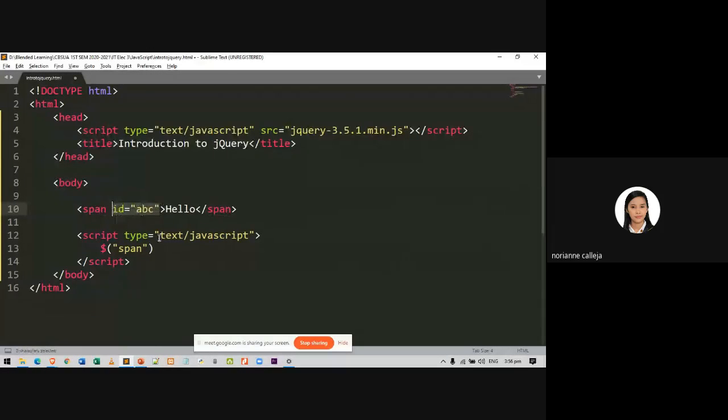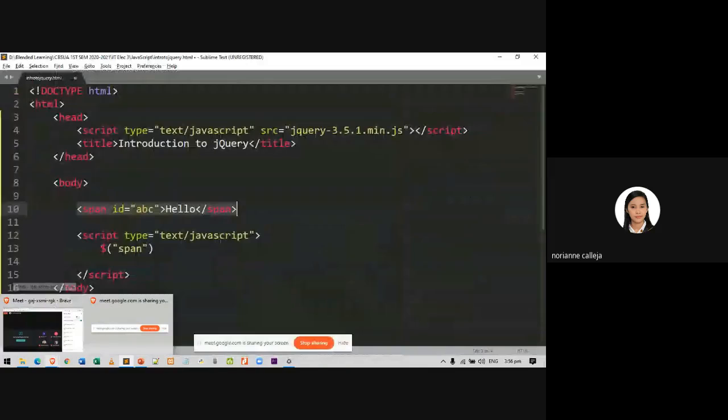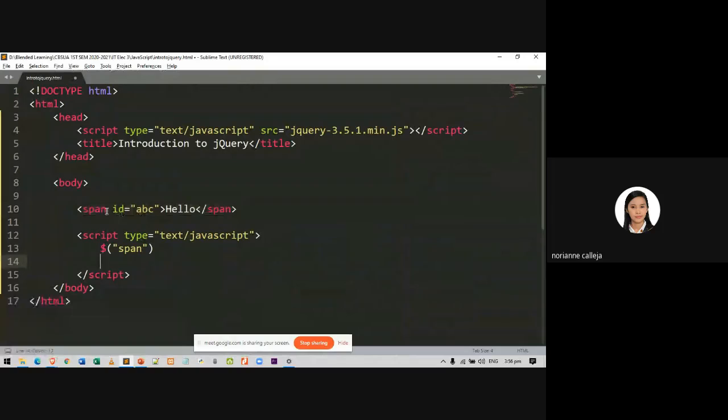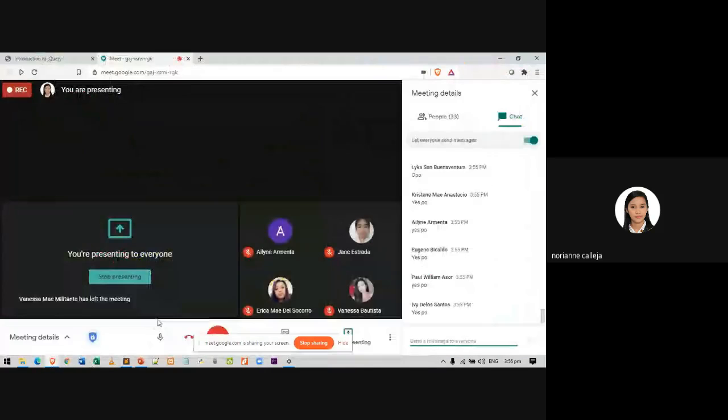So how am I going to select this element using its ID? Can I see on the chat section? How am I going to select this element using an ID selector? Can I see from the chat section?